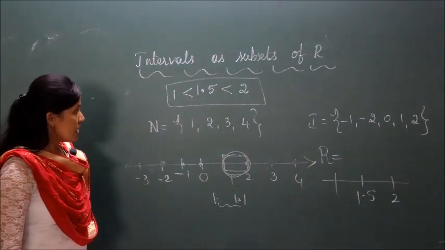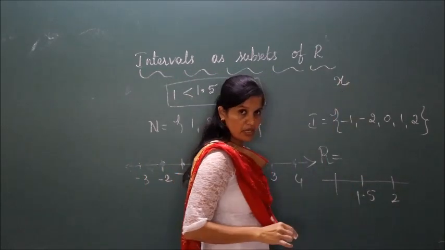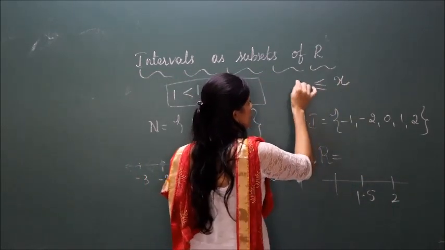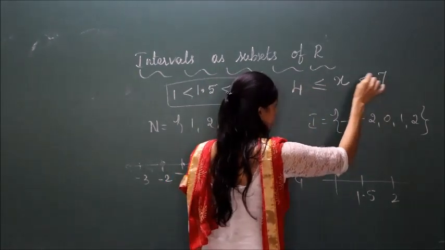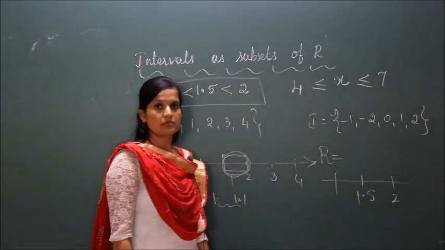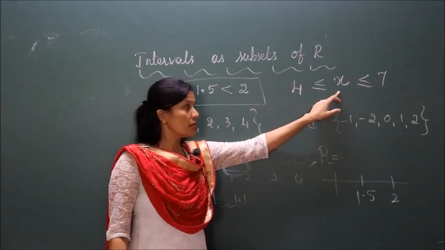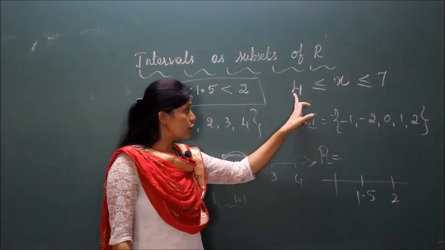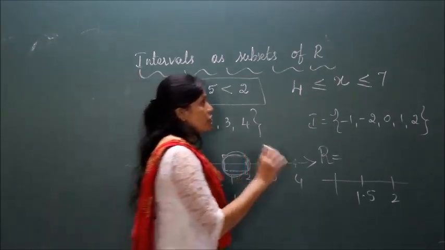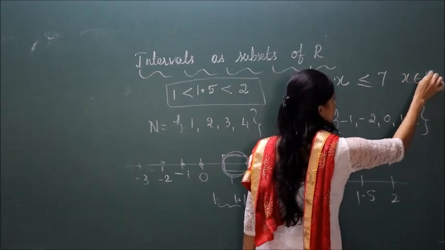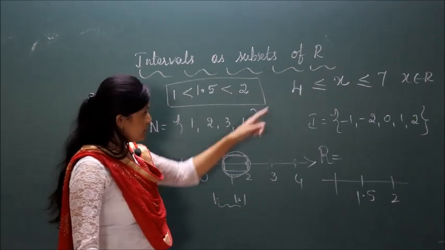Okay. So now, suppose x is a number which is greater than or equal to 4, less than or equal to 7. So which is that x? X is some unknown number which is greater than or equal to 4, less than or equal to 7, if I say x belongs to real numbers, not the set of natural numbers or the integers or whole numbers. If this is the case,